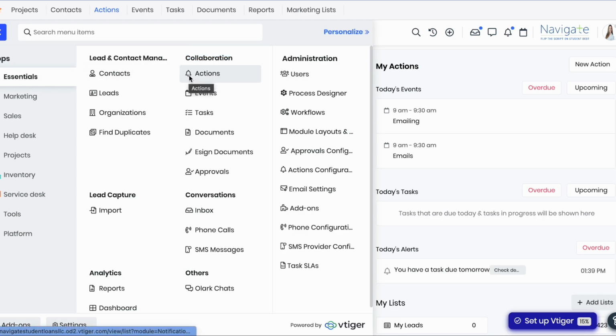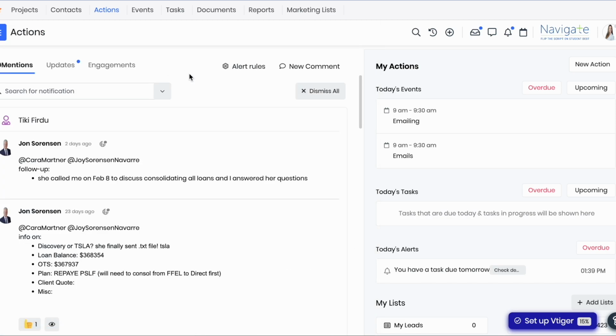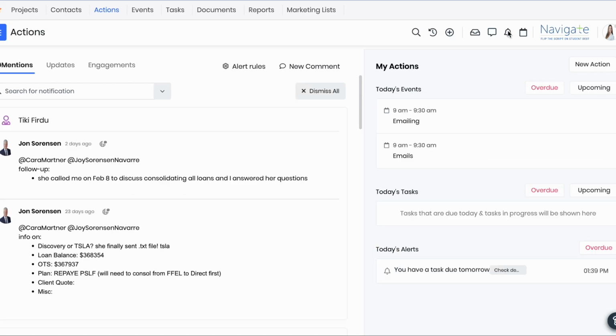And if we notice, the actions icon is this little bell, like a little alert bell, that also displays in our upper right-hand corner menu on the right-hand side here. We have a number of different icons and we see the same. If we hover over the bell, it's the Actions module. So we can get there three different ways, all pretty quickly, since this is considered kind of the